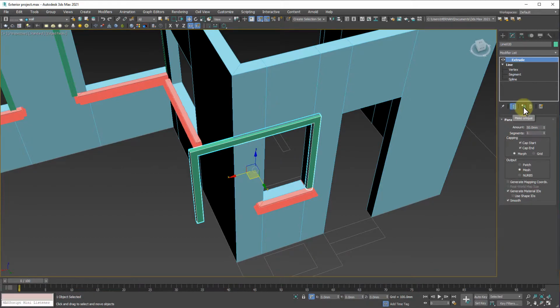It will remove the instance cloning properties on this model, so this will now become independent. So if you're going to edit that,